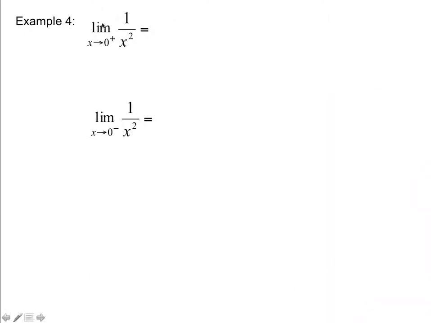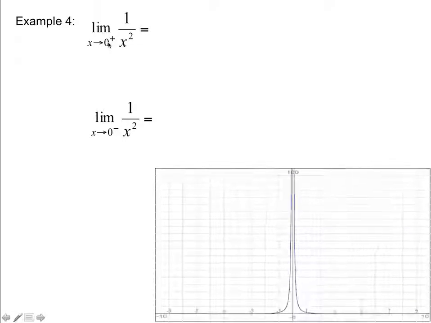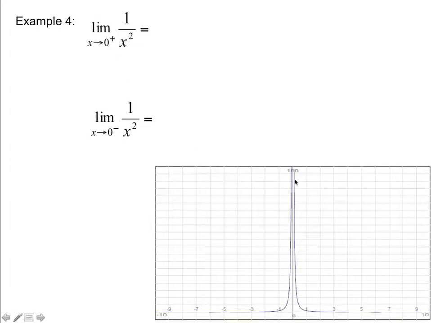So let's take a look at a slightly different function, 1 over x squared. And so we know, and we're still talking about vertical asymptotes. So where is the denominator equal to 0? That's when x is 0. So that's where one of our asymptotes is. So we're going to look at that function. So notice it looks a little bit different. Because of the x squared,